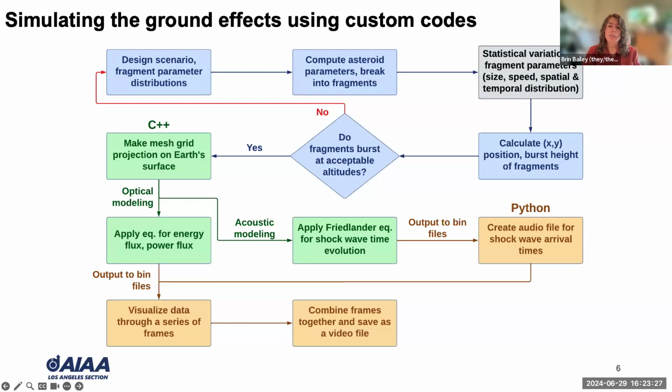And as for the acoustical ground effects, it's been shown that the acoustic effects from fragment airbursts can be approximated by those of nuclear blasts. So we base our simulations on measurements of equivalent nuclear blasts. And we model the time evolution of the shockwave using a Friedlander functional form based on the peak pressure at shockwave arrival time and the Friedlander positive pressure shockwave duration. And basically, to make a long story short, we include contributions from both the near field and far field and account for the pulse stretching seen in measured nuclear airbursts.